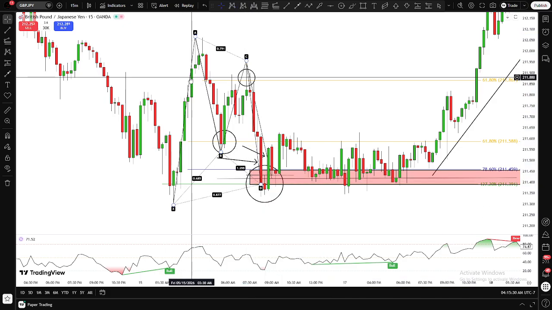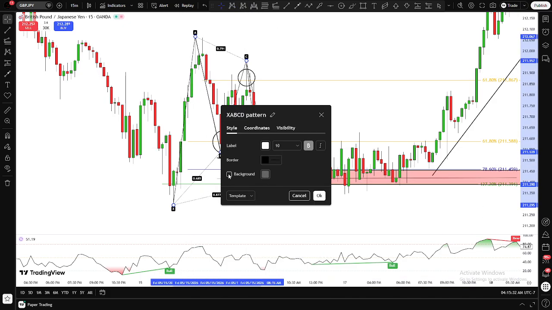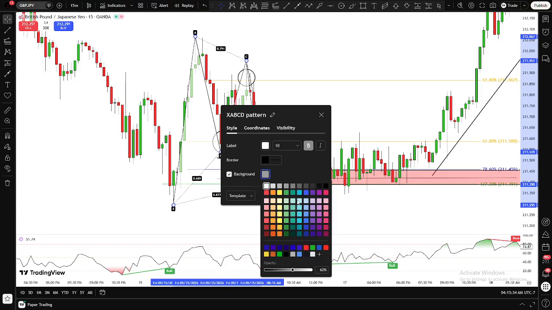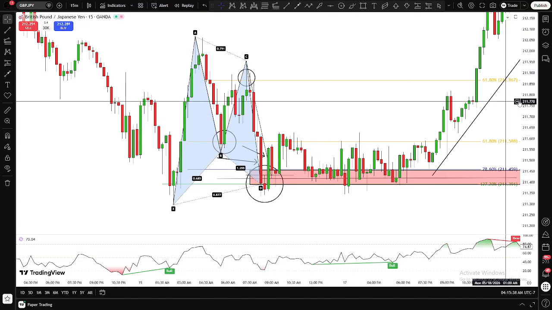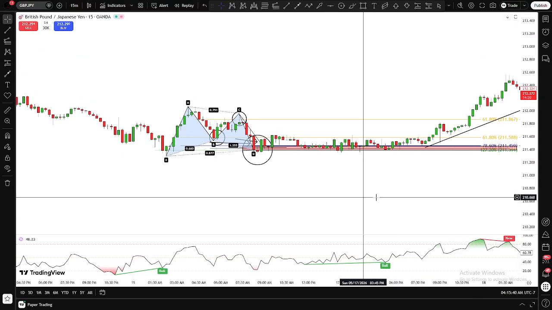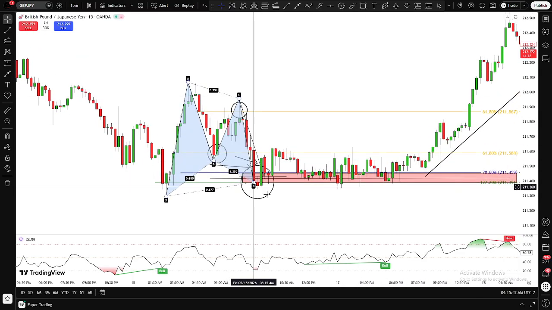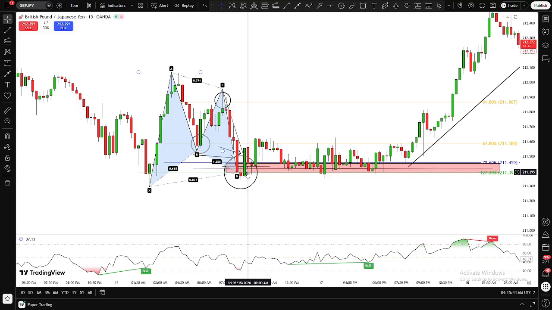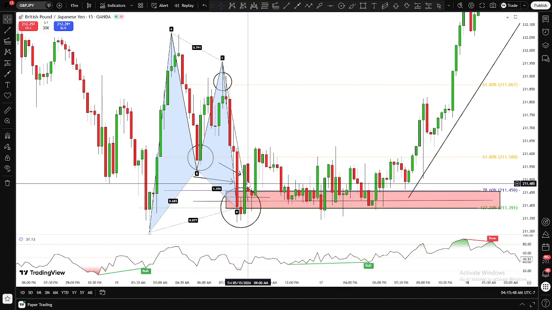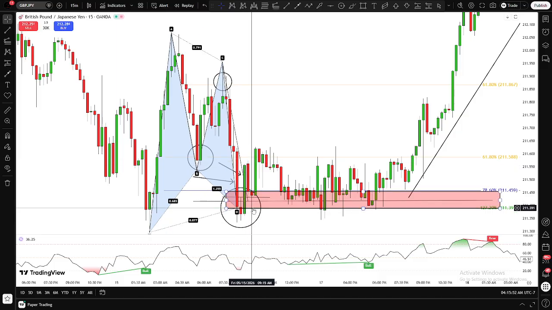Okay, so let's just go ahead and give him some color. Let's find a color for him. Let's just give him something real light like that. Okay, so here is our Gartley pattern, and how he reacted to the potential reversal zone. It's perfectly okay that once the confirmation happened, there was a retest of it. That should be expected. Okay, so this is where you need to be strong and not freak out and close